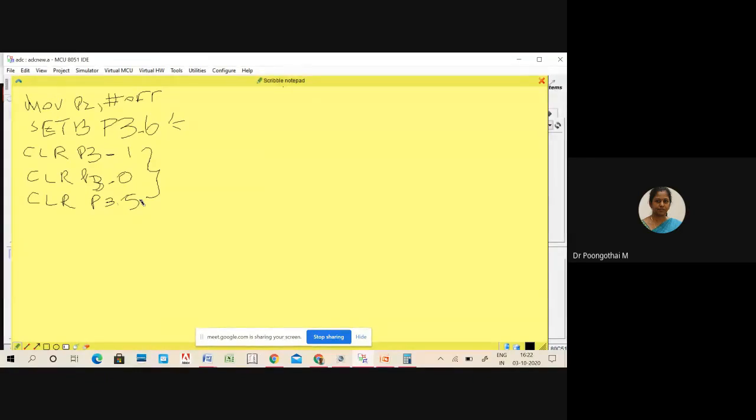So the next step is the main step. We have to select our channel. What are the pins associated with channel selection? Your P3.2, P3.3 and P3.4. Here I have chosen channel 0, so I have to clear all the pins P3.2, P3.3 and P3.4. So clear